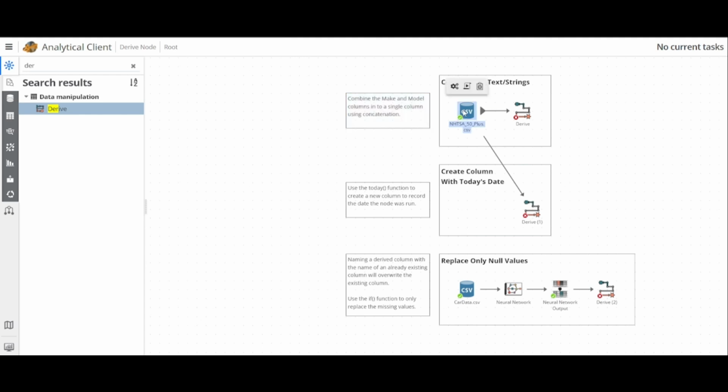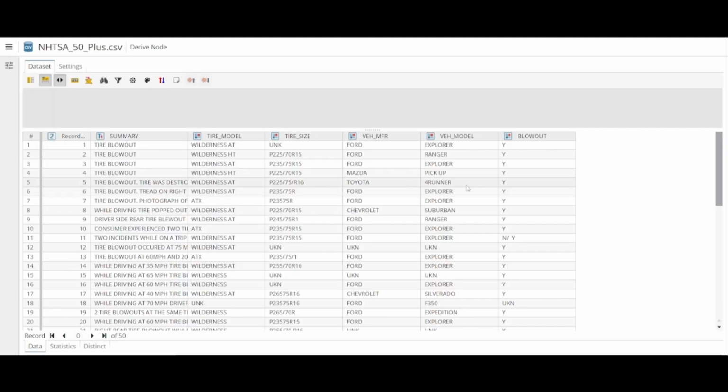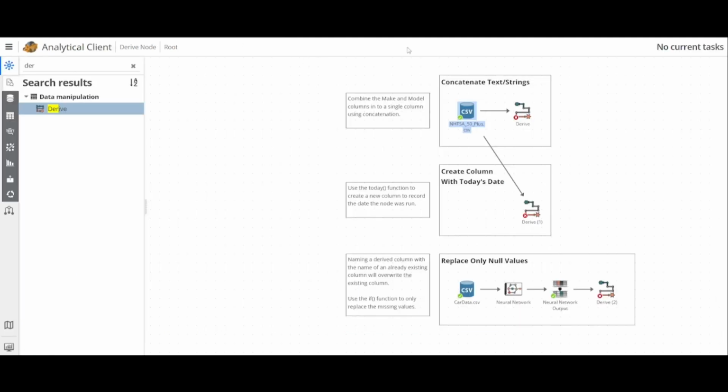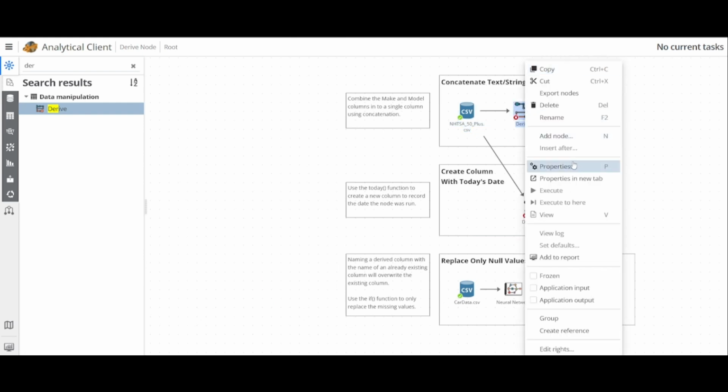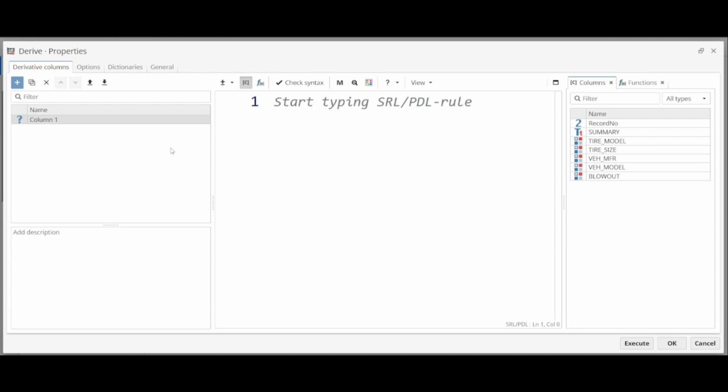If we look at our data set, we can see some car-related data where we have our vehicle manufacturer and our vehicle model columns. So these are the two strings that we want to combine. To do so, we're going to right-click our Derive node and go to Properties. By default, it's created a new column called Column 1. We're going to change that name to